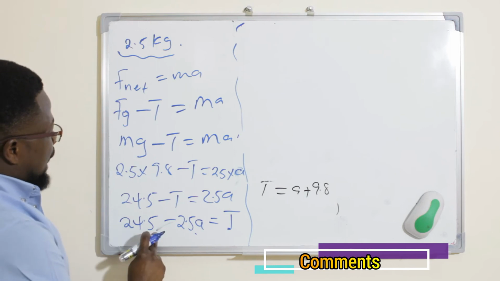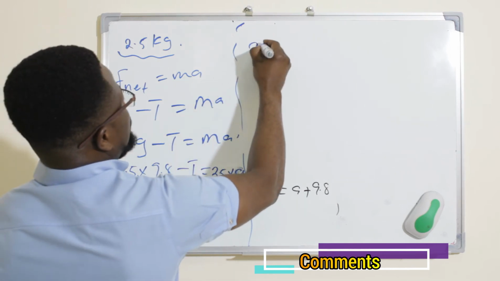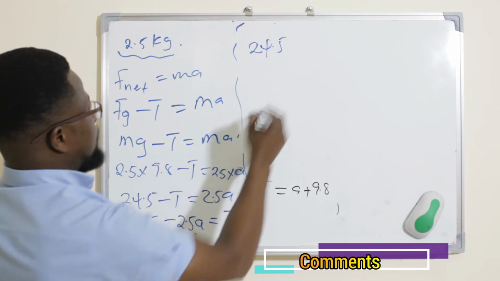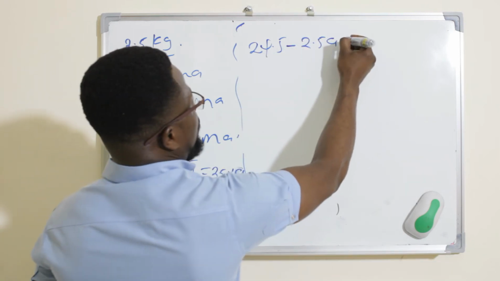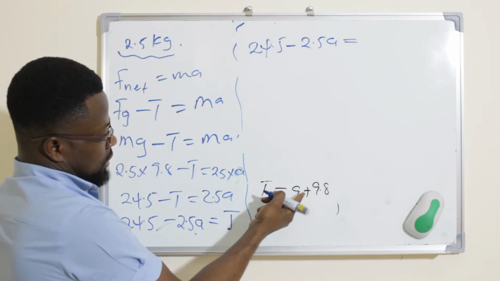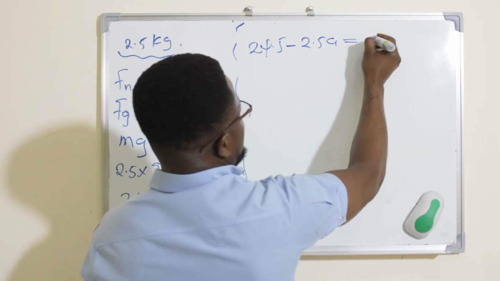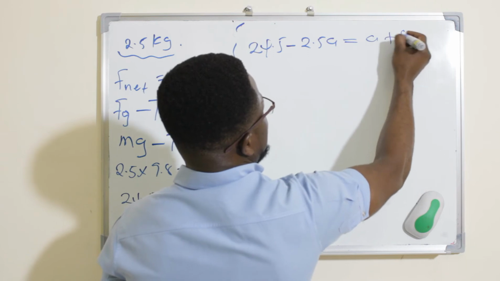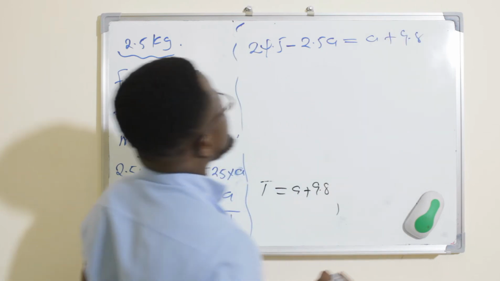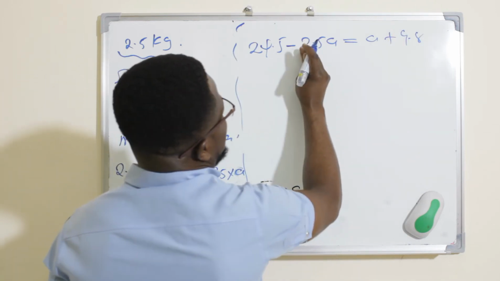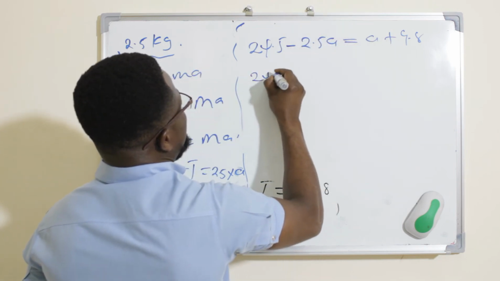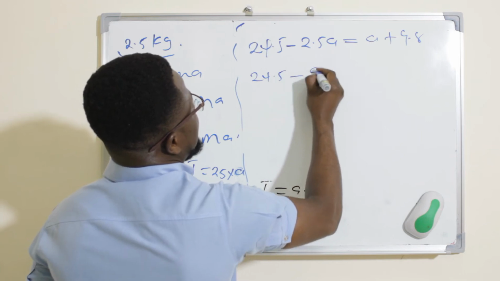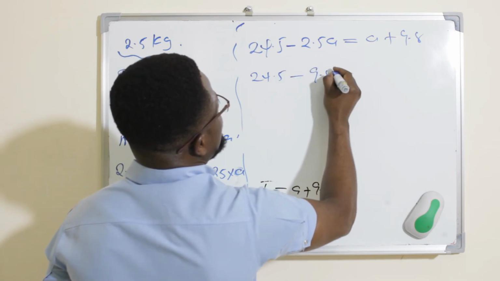Okay, so what I have is 24.5 minus 2.5A equal to T, which is also here, A plus 9.8. Now I'll transpose this, collect like terms, so I'm going to transpose this to this. This becomes 24.5 minus 9.8 is equal to